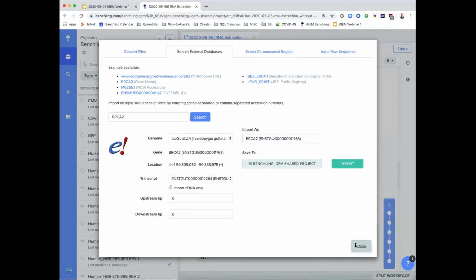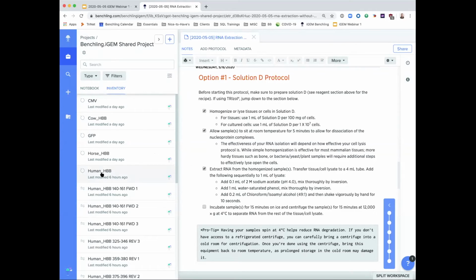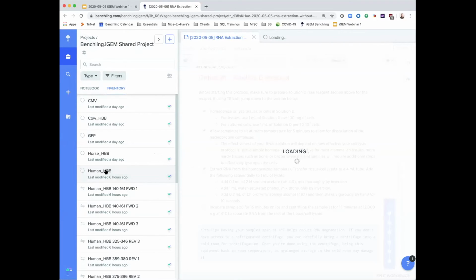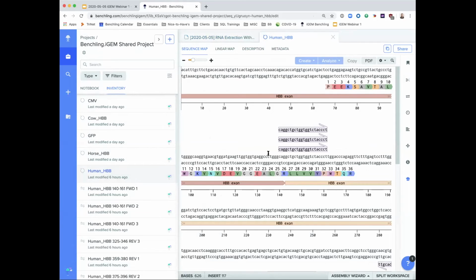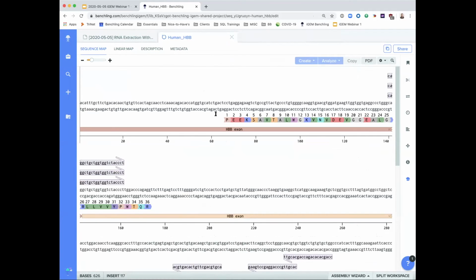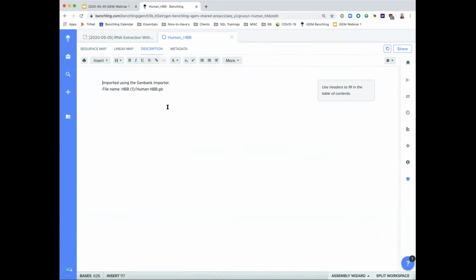I'm going to close this window and actually open a sequence that I already have in my inventory, which is human HBB. I'm going to minimize my projects tab just so I have a little bit more real estate. And then maybe I want a little bit more description about my sequence. Benchling has the ability to pull information. So it knows that I imported this from GenBank, and it will give me things like the file name and